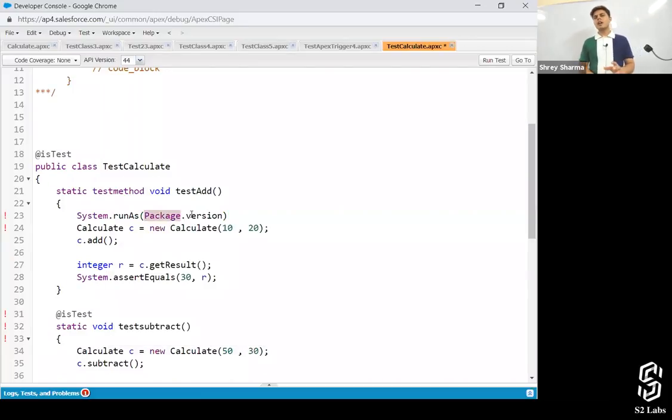System.runAs with package version is basically to execute when you take code from one system to another system as a part of a package. It's the last topic that we're going to understand in the Salesforce development course, deployment methodologies, in which we are going to understand what exactly packages are.